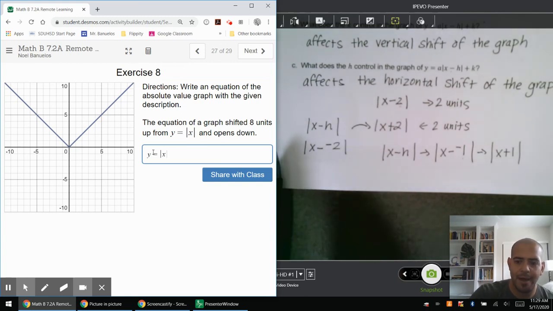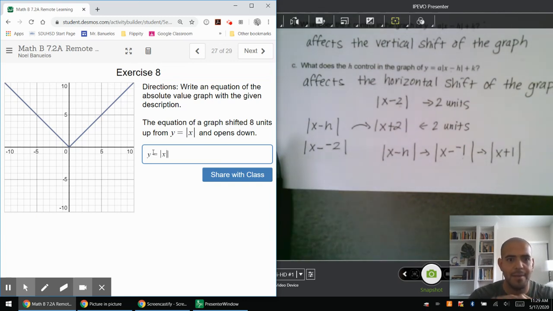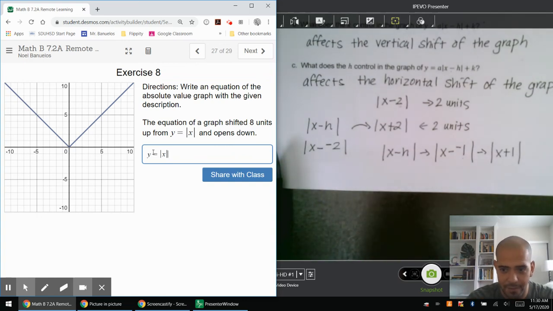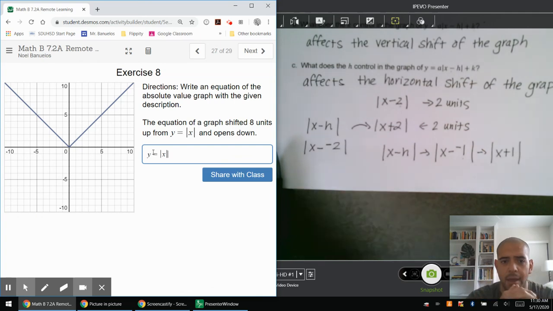Notice that my red line got covered by a blue line. So the blue is what you create. Right now I created a replica of the red, the original. But I want this blue line to be shifted 8 units up. So,